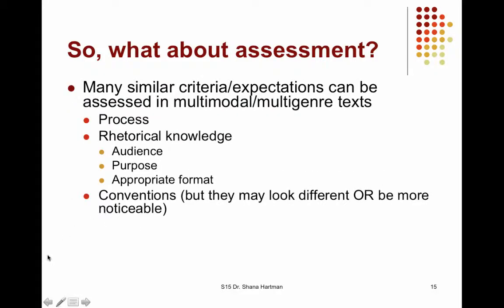So what are the realities of this? We can think of, first, starting with what we know, the criteria and expectations that we like to think of having or that our students would have. We can start from there. So a lot of us are realizing the value of process work. Can we have process work in multimodal, multi-genre writing and compositions? Absolutely. So might that be something that would want to be acknowledged in an assessment piece for multimodal, multi-genre work?